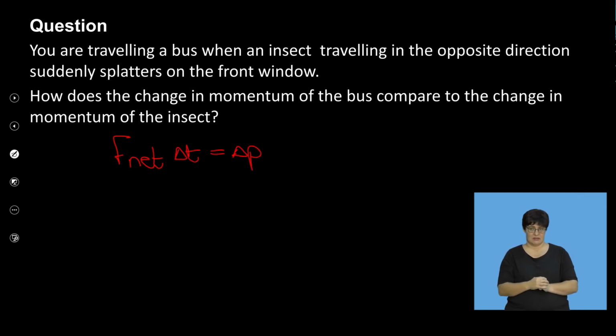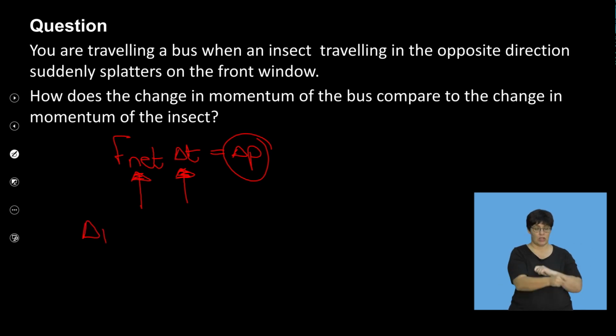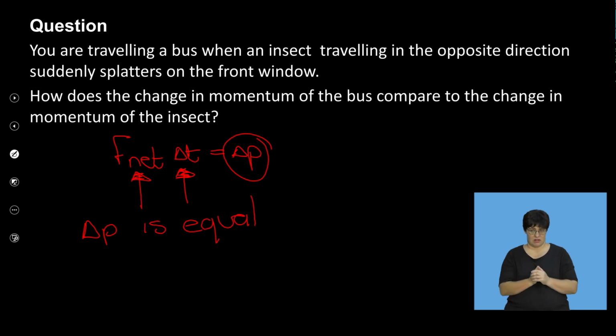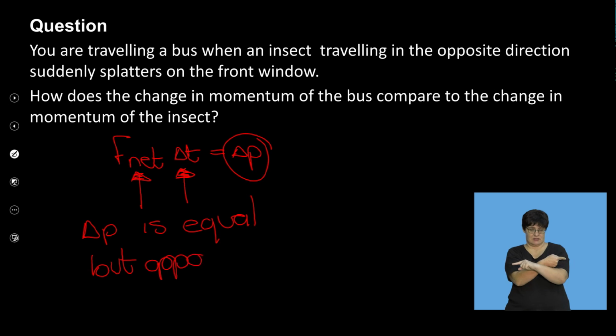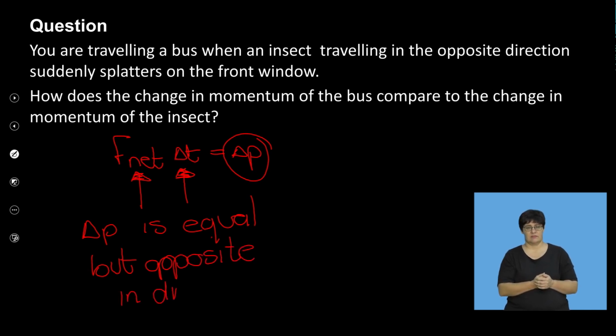They're experiencing the same force for exactly the same amount of time, which means delta p is the same. So change in momentum is equal, but opposite in direction. First two questions,